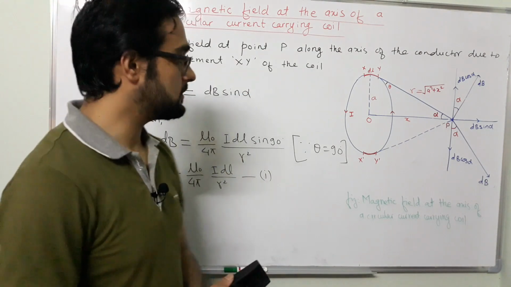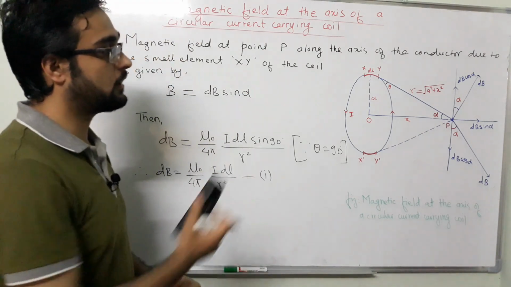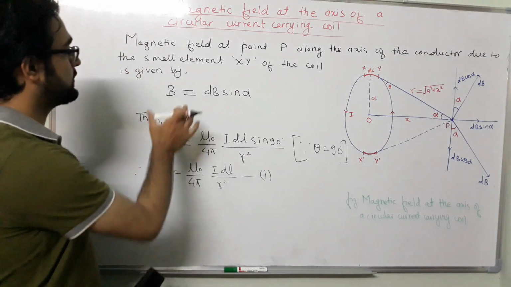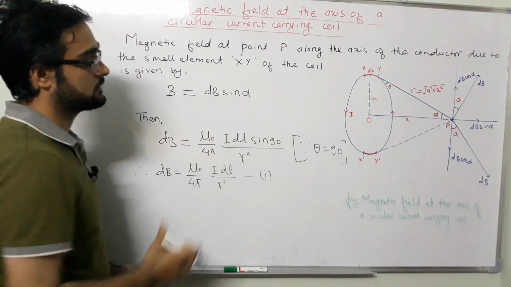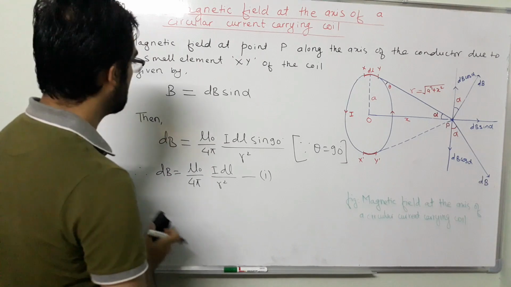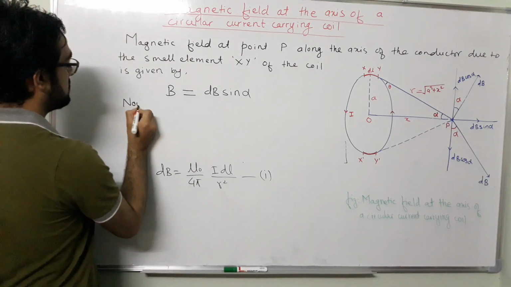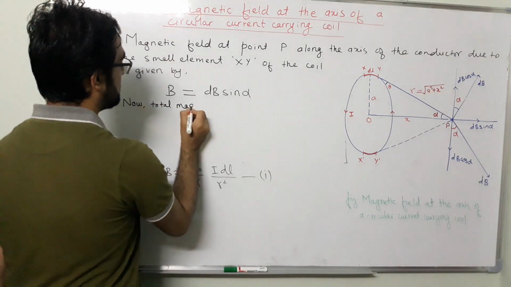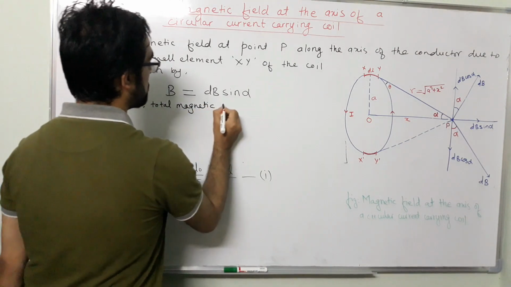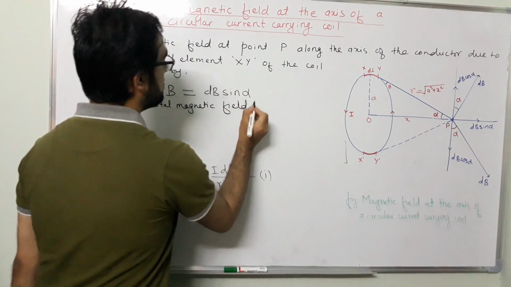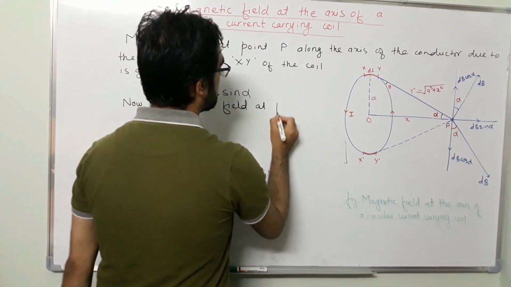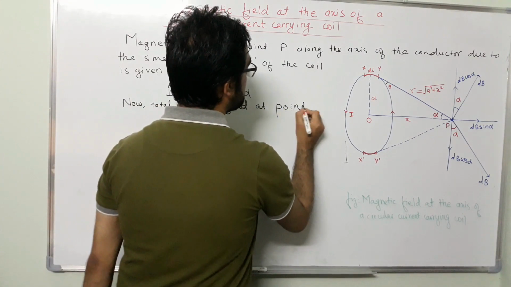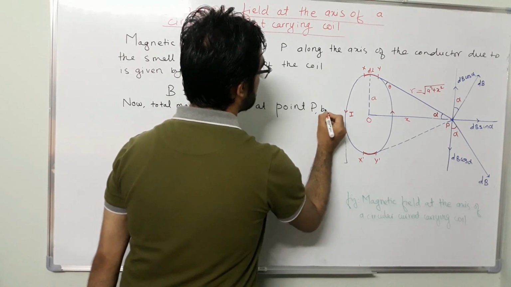Now we find the total magnetic field at point P along the axis by integrating this along the circumference of the conductor. Now the total magnetic field at point P becomes